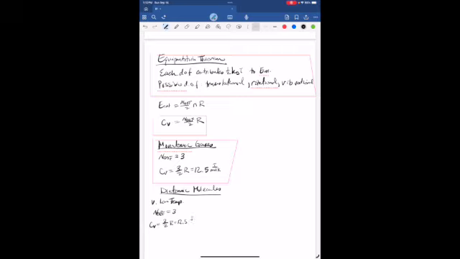then the number of degrees of freedom equals 3, and CV is again 3 halves R, which is, as we just said, 12.5 joules per mole Kelvin. Okay, so that's very low temperature. At intermediate temperatures for the gas, and exactly where the transitions are is different for each gas. At room temperature, by the way, nitrogen and oxygen,